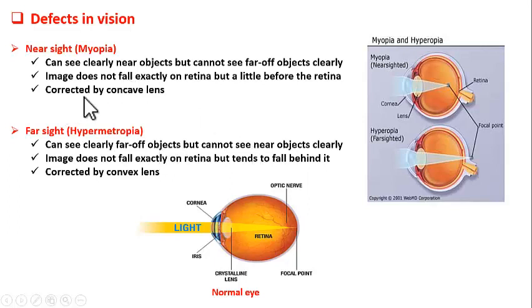So what is the reason for this? In a normal eye, the light rays, after passing through the convex lens, converge exactly on retina and image gets formed. This is because the retina is exactly at the focal point of our eye lens. This is the normal situation. But in case of myopic eye, the light rays converge at a point somewhere between retina and lens but not on the retina. Only if the light rays converge on retina we get the image, otherwise we won't.